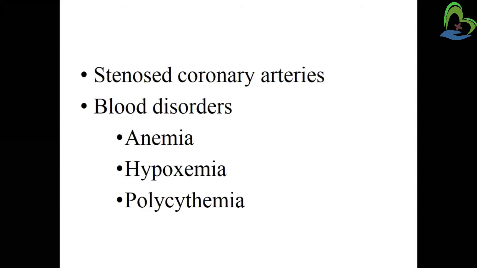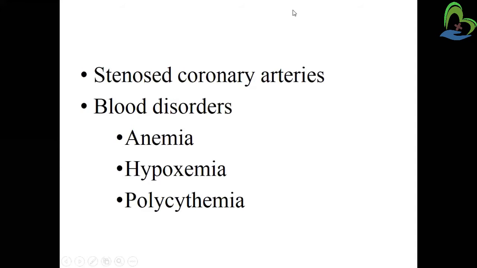Hypoxemia, again, there will be a lack of oxygen. The RBCs attach the oxygen because they have HB molecules, hemoglobin molecules, which attach the oxygen to them. But the blood is already low in the body, and the patient has low hemoglobin. So in that case, the patient will suffer with a lot of hypoxemic condition.